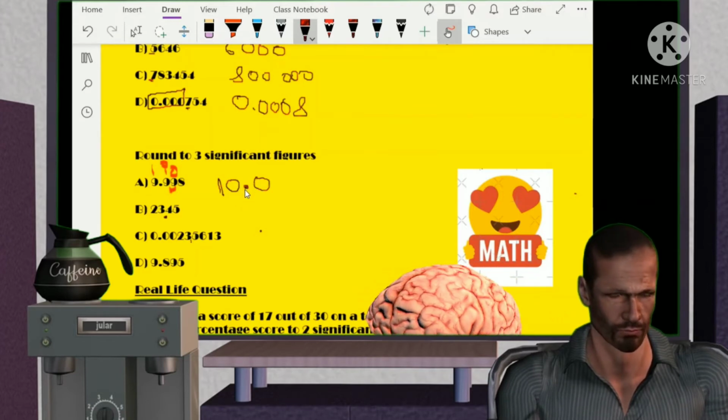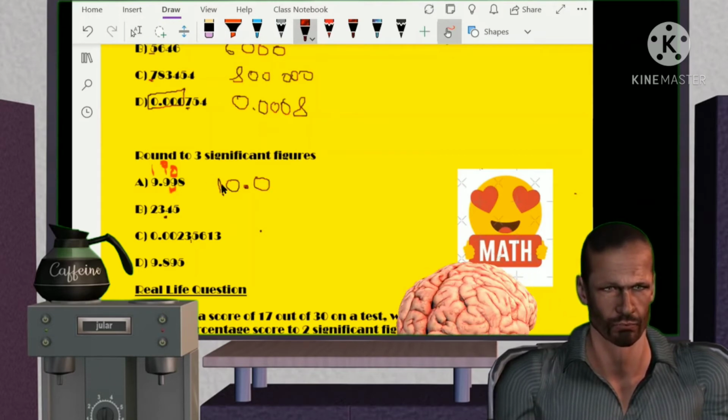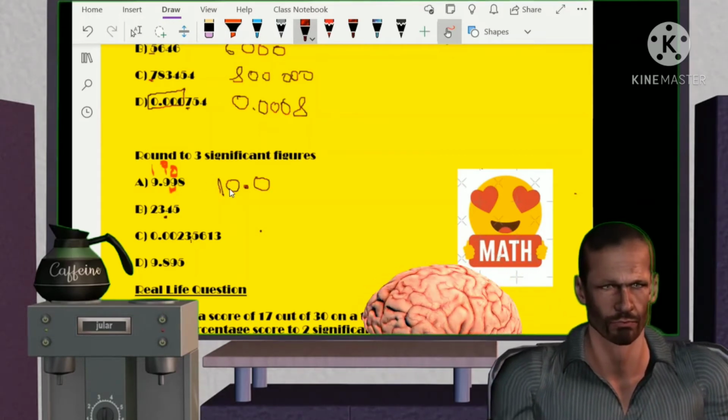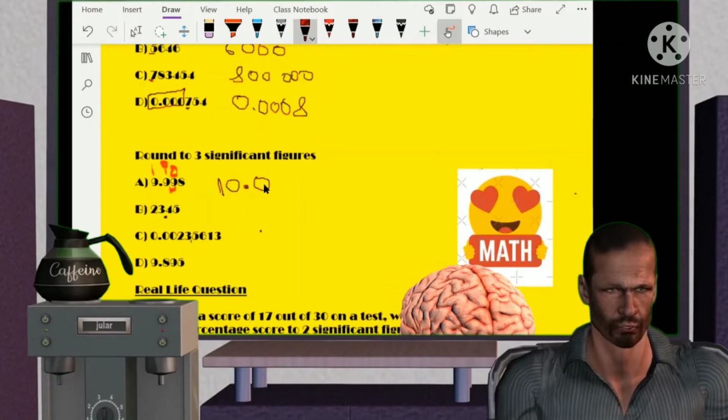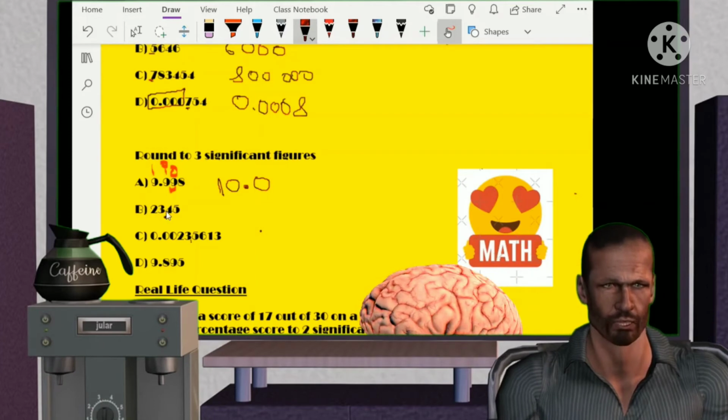Namely, because of the decimal point here, it means that the 0 to the right is significant as it comes after a significant figure, which is 1. So the 0 here is significant and this 0 is significant. So we have 3 significant figures here. All right, what about